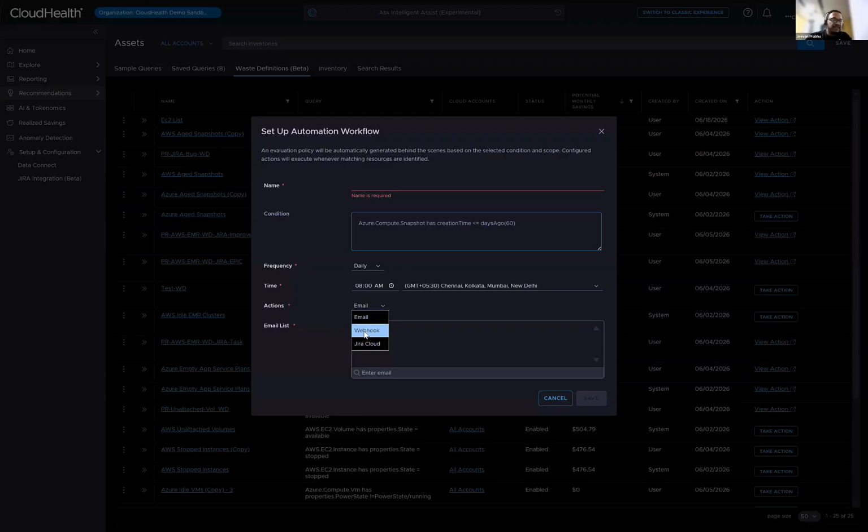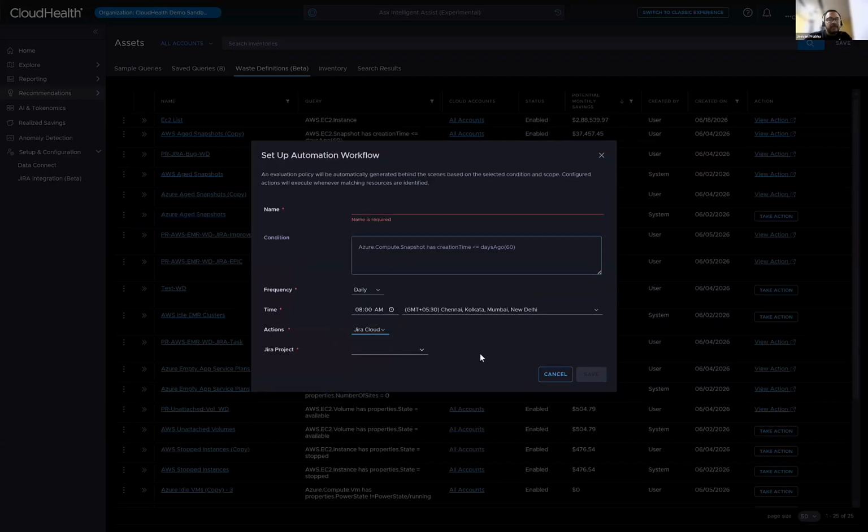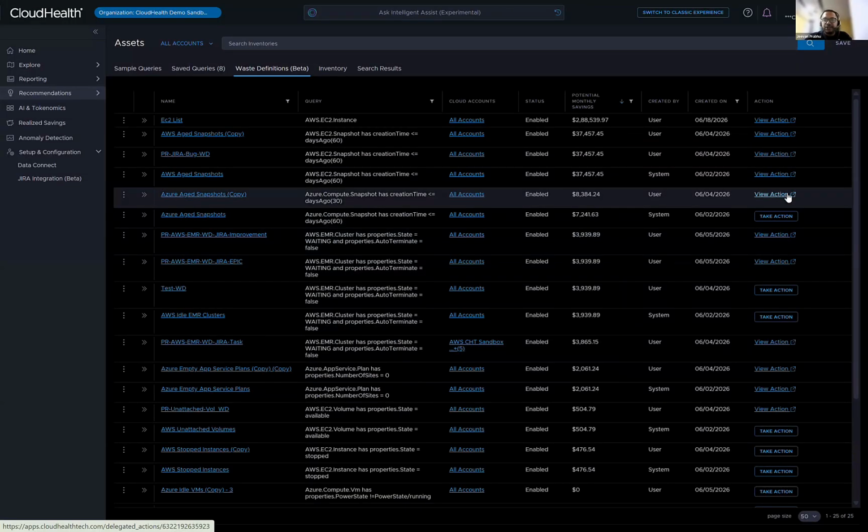Right now, webhook is a very generic way to act upon any of these wastes, and Jira Cloud is the first class integration. You can pick the ownership, who's the right owner to pass it on to. Once you complete that action, you will see a message that the action is in progress for some time. And once the action is taken, you will be able to see it.